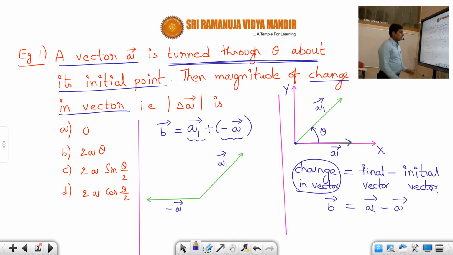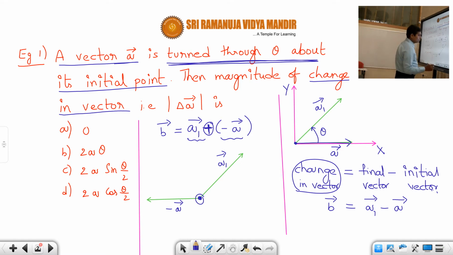Okay, so when you want to add these two vectors, according to the parallelogram law, we just have to draw one parallelogram and then use the parallelogram formula, that is R square is equal to P square plus Q square plus 2PQ cos theta, or C square is equal to A square plus B square plus 2AB cos theta. Now here, when we are adding these two by parallelogram law, we should make sure that the two tails are touching each other. Definitely they are touching.